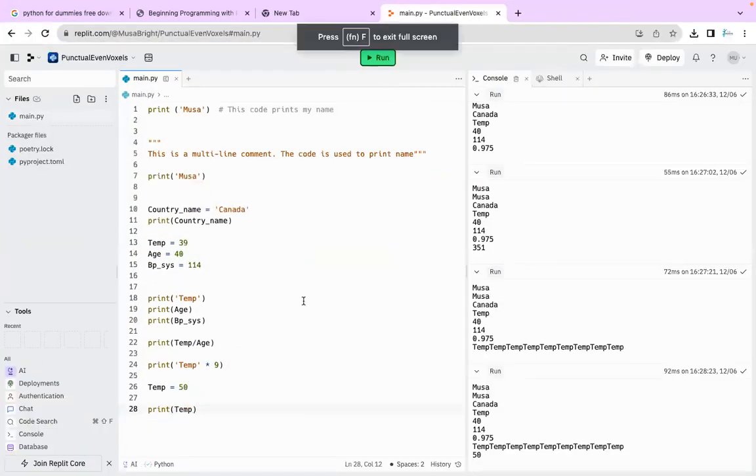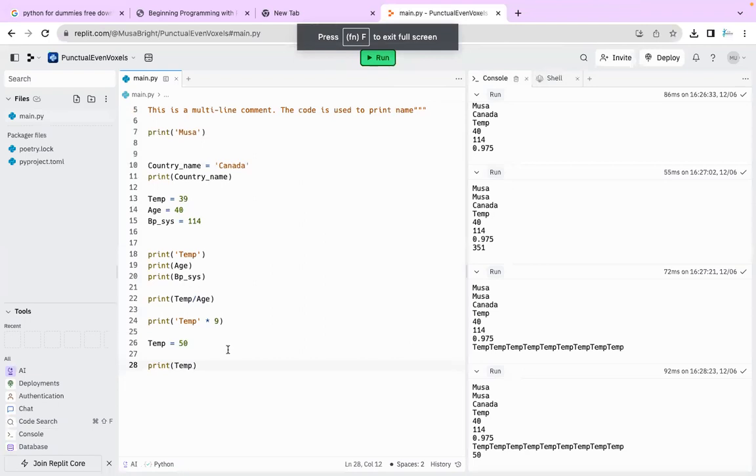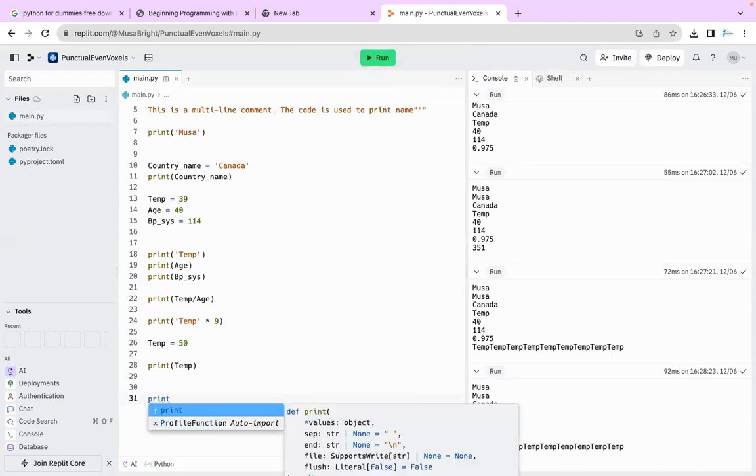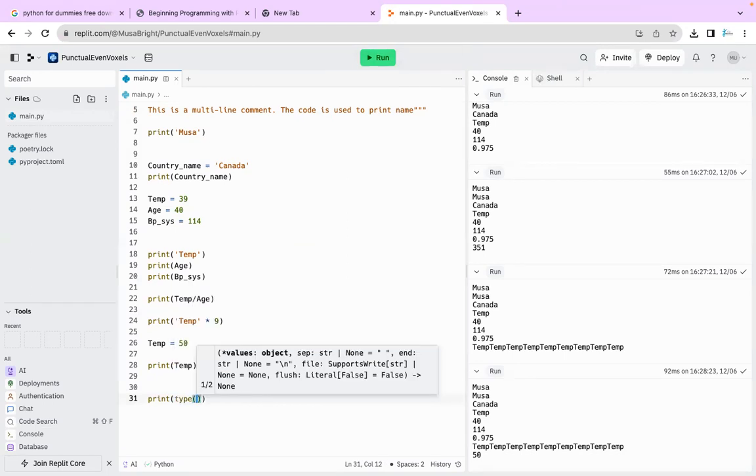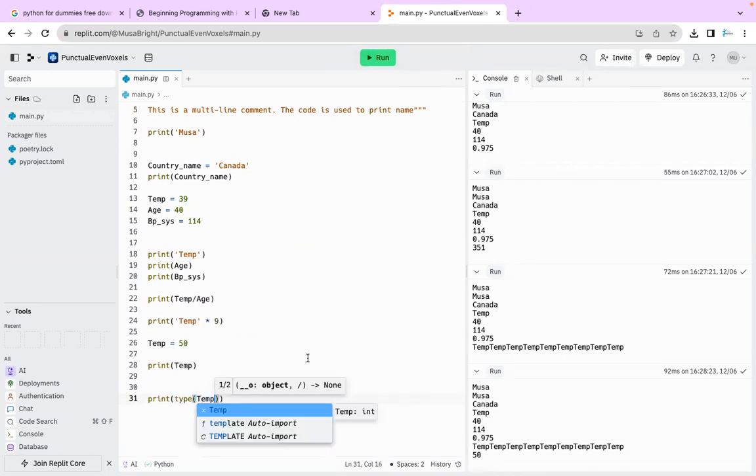If you want to know the type of data you're working with, you use a type statement. So you say print type(temp). What does this code mean? The meaning of the code says print what type of data temp is.